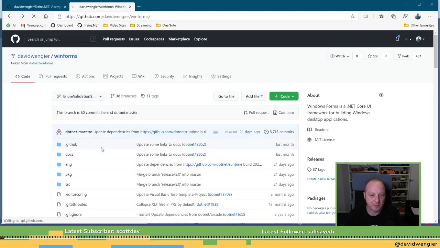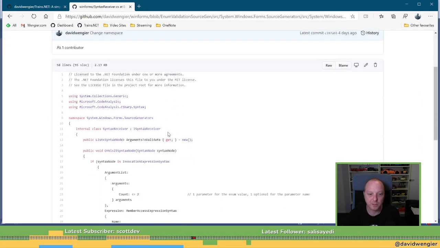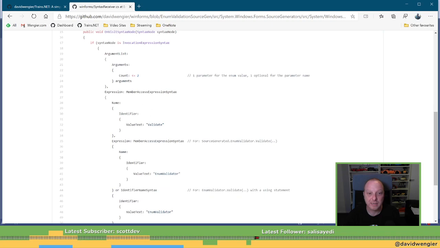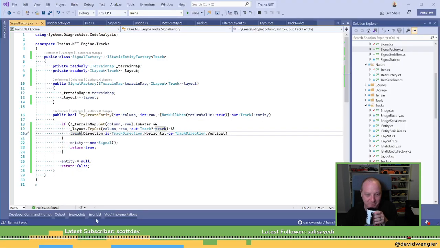You gotta see this amazing code, which I probably showed off already. But look at this pattern matching. Look, if syntax node is an invocation expression with an argument list that has arguments that have a count of at least 2, we're going to save that in arguments, and also has a property called expression, which is a member expression, which has a name, which has an identifier, which has a value tag. It's so cool. I mean, it's terrible, but it's so cool. Anyway, enough of a diversion.